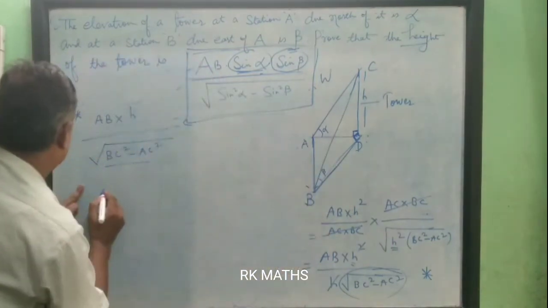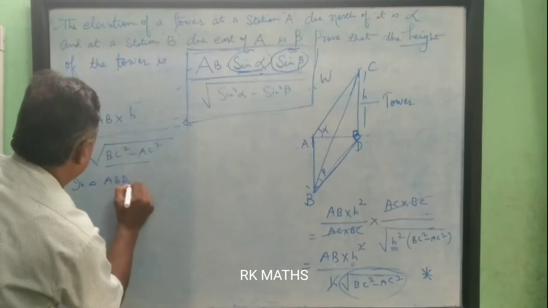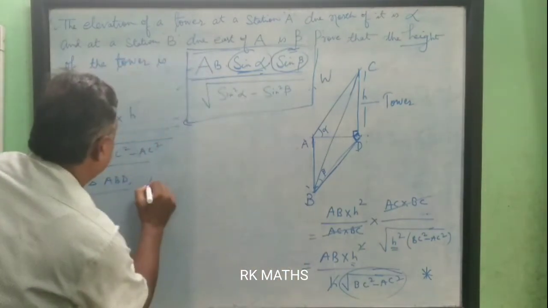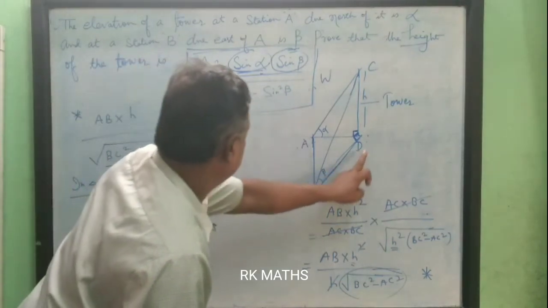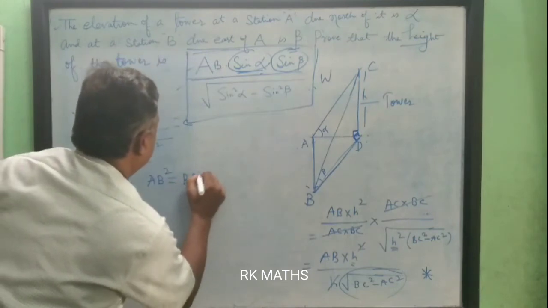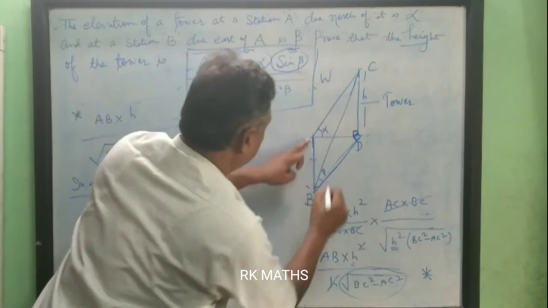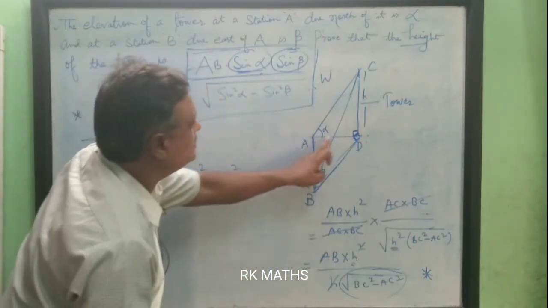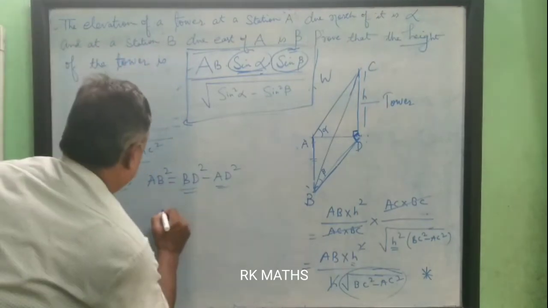ABD, AB square is equal to BD square minus AD square, because this is perpendicular. So perpendicular square is equal to hypotenuse square minus base square. This is hypotenuse, this is base,